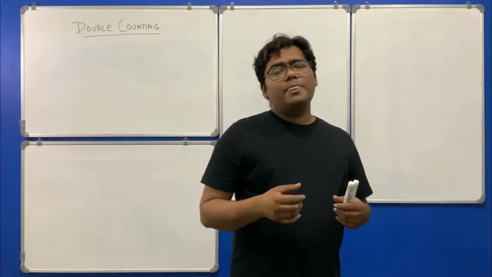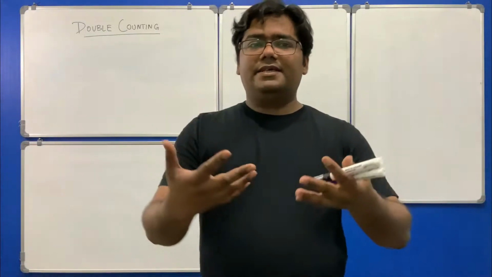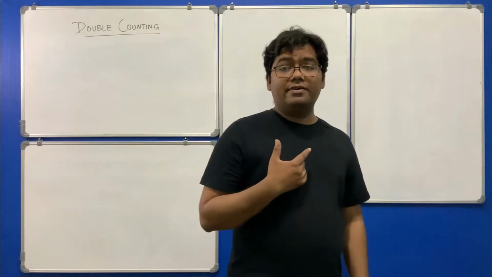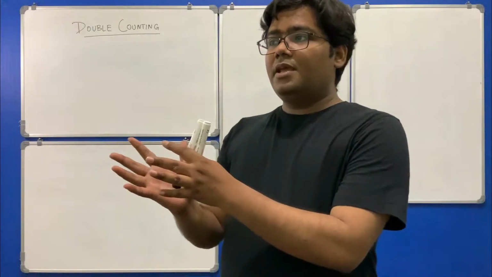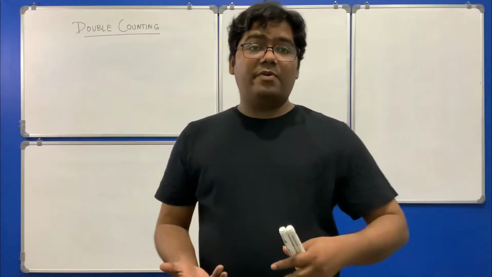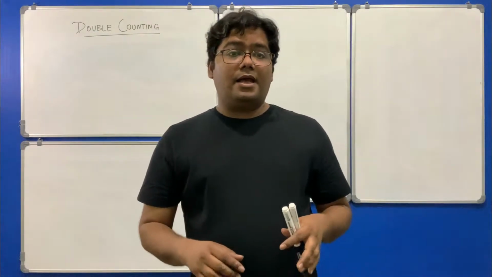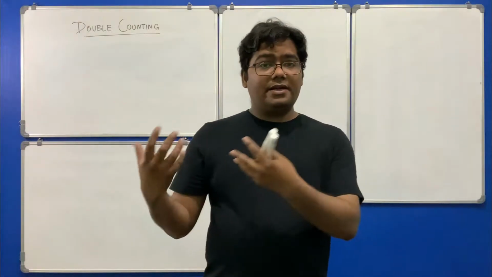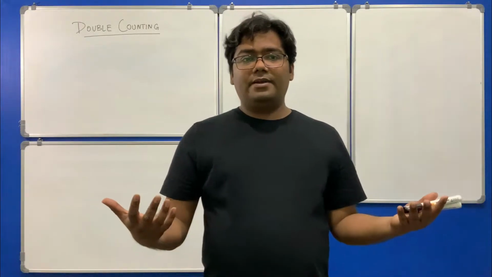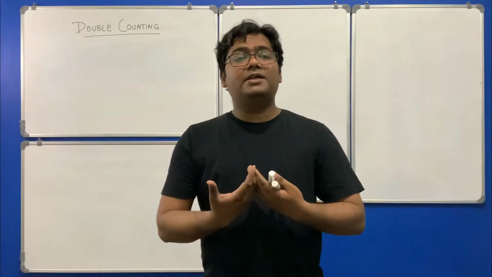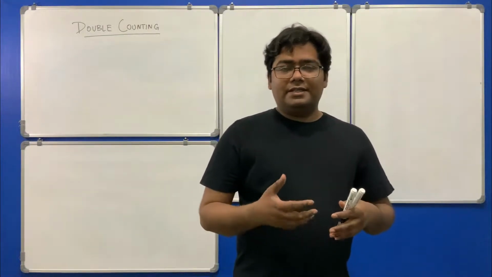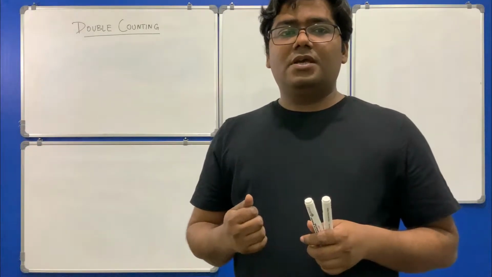Now you may come up with different techniques to count those same number of objects. For example, you are giving me the logic that count in this way, and then we will be able to count all objects. Your friend has come up with a different technique, and both of you are counting correctly, right? But since you are using different techniques of counting, we may end up with different formulas of counting. That's the idea of double counting.